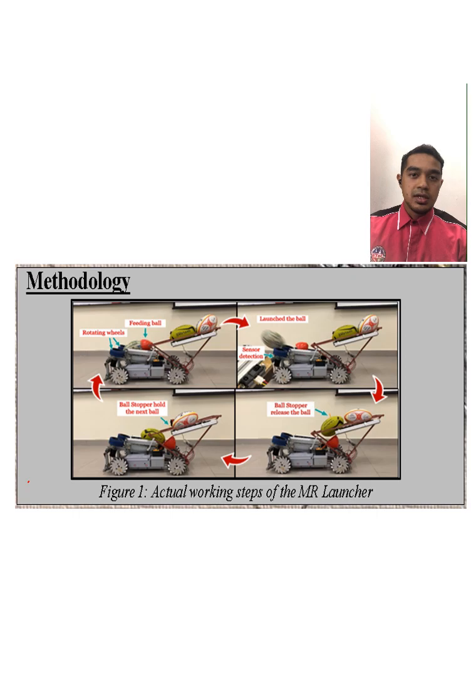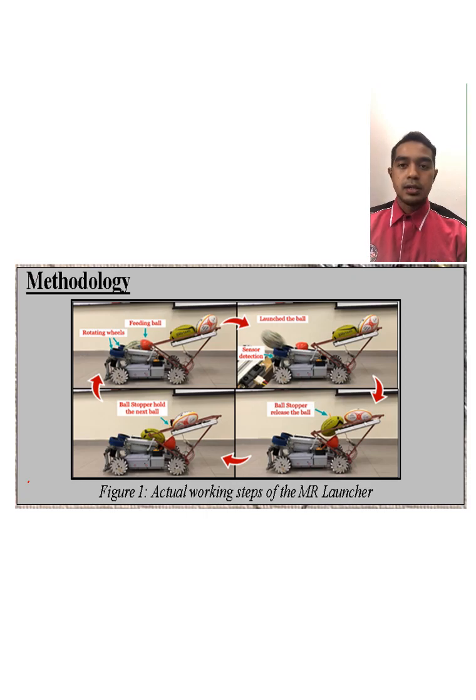The feeder mechanism will feed the ball through rotating wheels, and then the ball will launch, and then the sensor will detect the ball once it went through it, and then the ball stopper immediately releases the ball within 2 seconds,